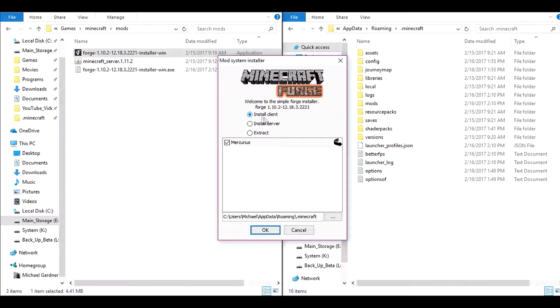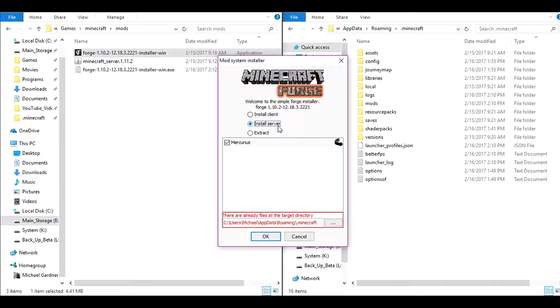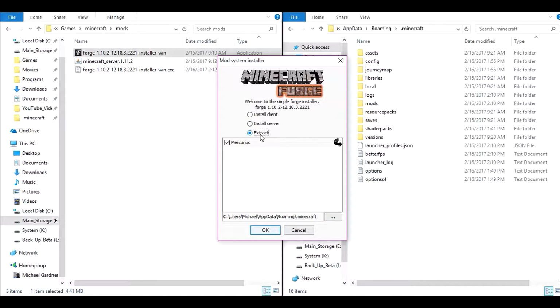It's going to pop up and it's going to say install client. You can just keep it on install client. You don't have to do install server. It automatically does it now, and you don't need to. You can extract for some reason. I think usually